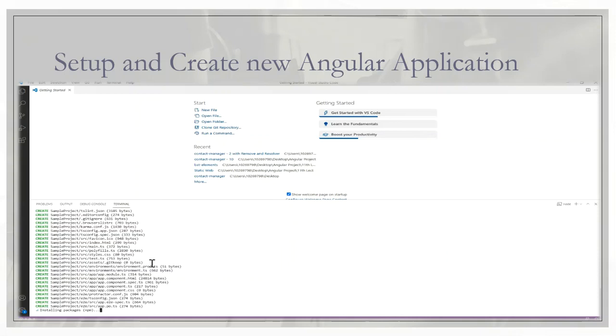So friends, in our next video we will check the complete Angular structure. As the installation is in progress, we will check how we can create components and what a component is. We will discuss all these things in detail. We will definitely discuss the complete folder structure and individual files in detail in our next video.